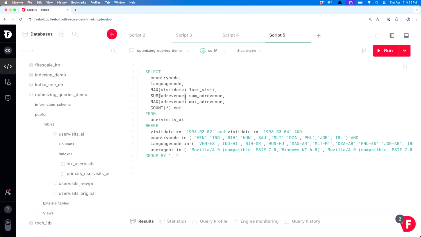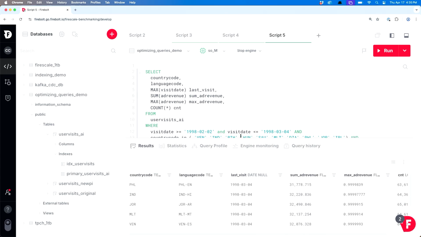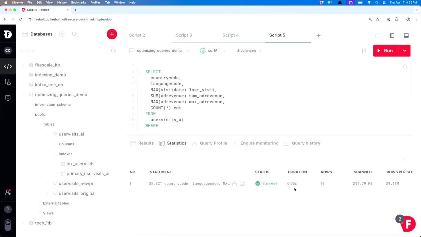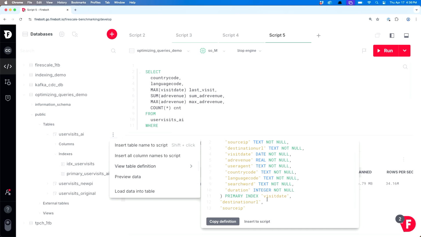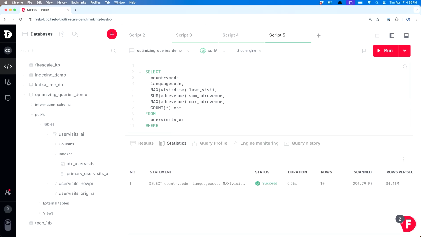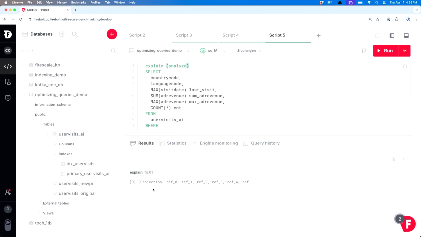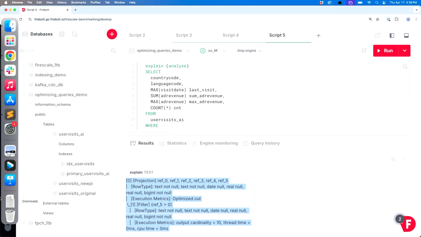And so when I run this query, this is the fastest of all three. So this took 0.05 seconds, and it also only scanned 296 megs of data. So incredibly performant. And also, because this is an aggregating index, I didn't change the primary indexes on this table. So just to show that, this is those original primary indexes. So again, I want to show the query plan just so we can see what this is looking like behind the scenes. So we'll run explain analyze, grab our query plan,